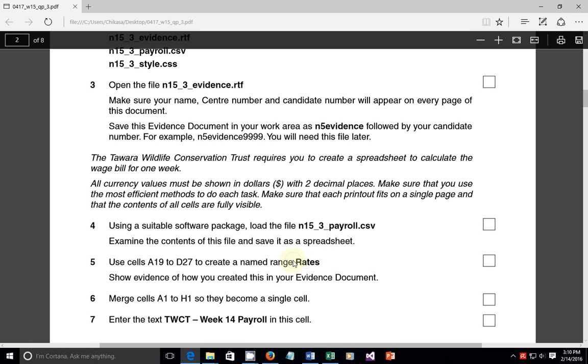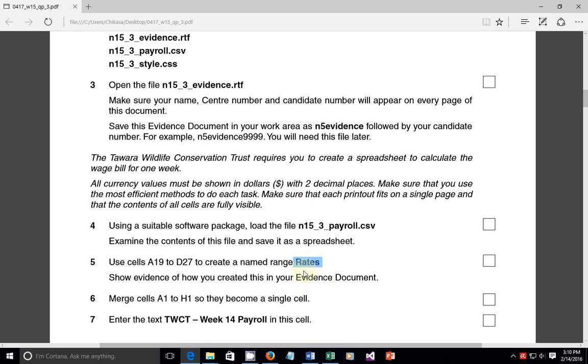I'm going to call it rates. Now it's important that you type it as it is, because some students would want to type it, for example, as small letter rates and stuff. The key with ICT is that you need to type labels or headers or words as they are. Don't try to change them. Don't try to do what you think would make it look right. Just label it as it is. If it is capital, do it capital. If it is small letter, do it small letter. That way you get all the marks that you need to get as far as labels are concerned. Okay, so in this case, I'm going to create a label called rates,